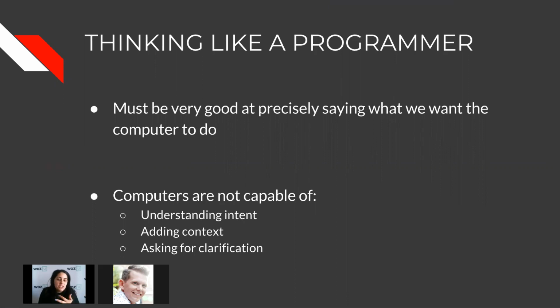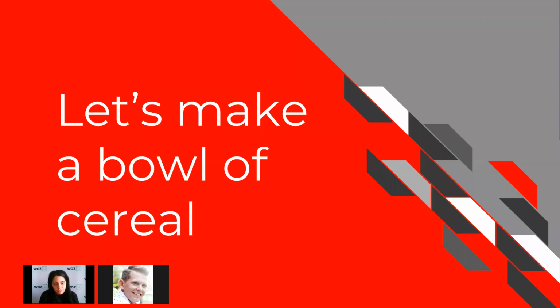So when I'm speaking to you and you don't understand what I'm saying, you can ask me for clarification, or you can add context to it based off of my surroundings or where I came from or the subject matter that we're talking about, or you can understand the intent that I'm trying to give. But computers don't understand that. They're incapable. So you have to be very precise and very specific and very detailed on the things that you tell a computer to do, because it's going to follow the instructions exactly how you have them.